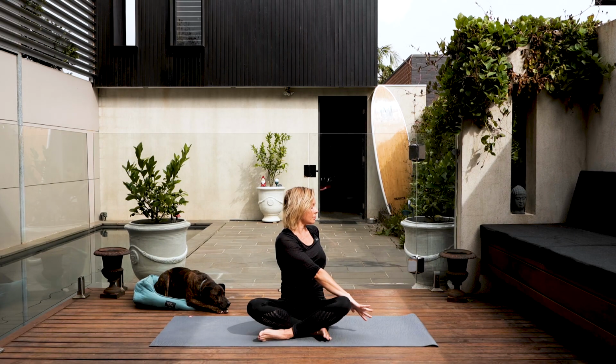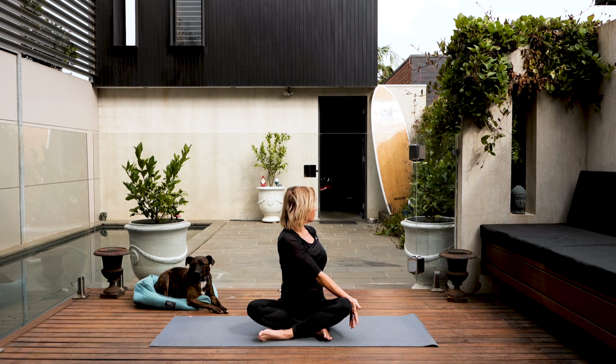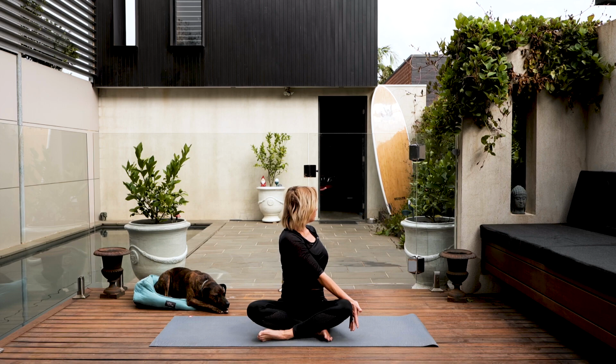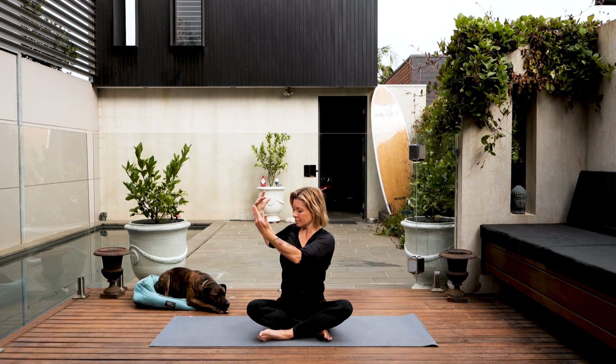Left hand to the outside of the right knee. Grow taller as you inhale, and as you exhale, twist gently further, just taking it very slowly at this stage. Inhale, growing taller, and exhale to twist. Reaching high, swapping sides,